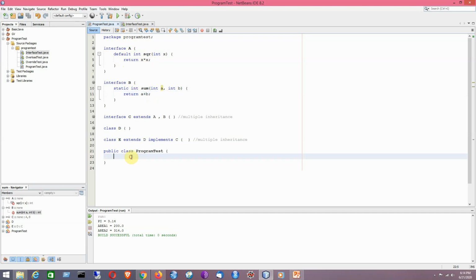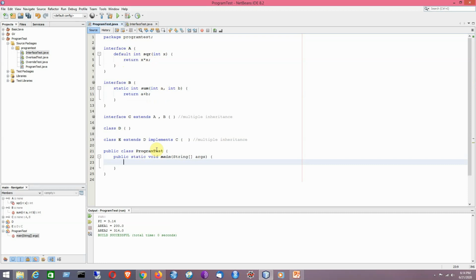Now I will be having the main class named ProgramTest. First I will be trying to call this particular method by using this interface name.